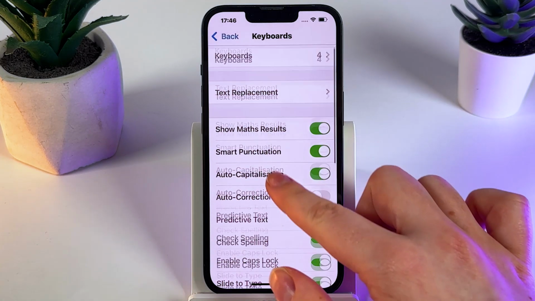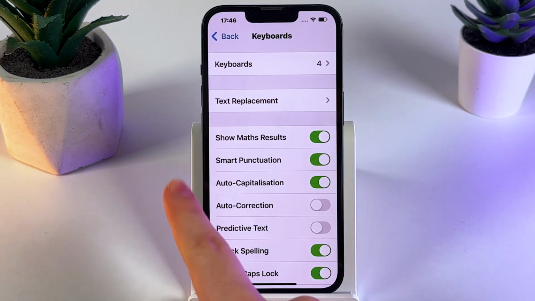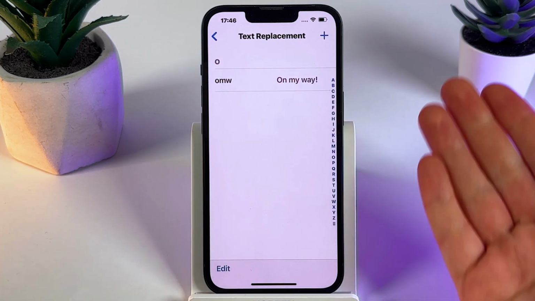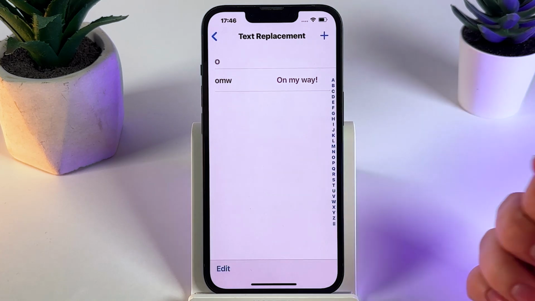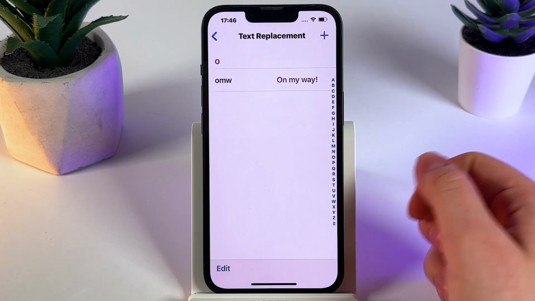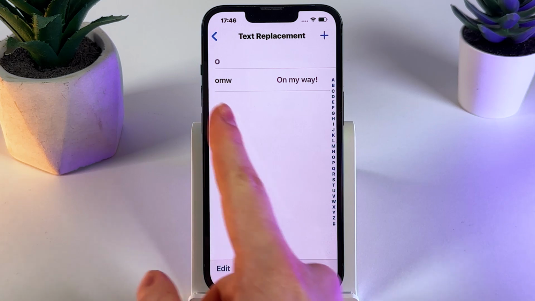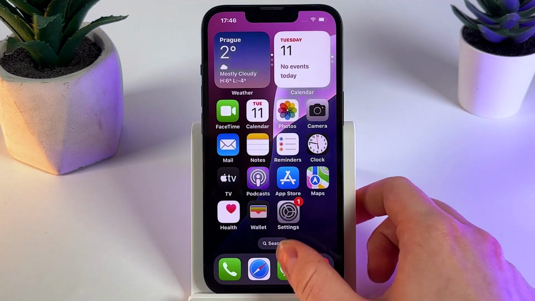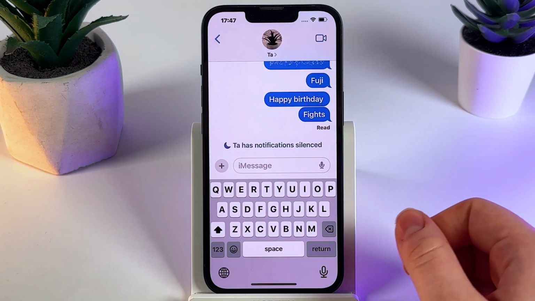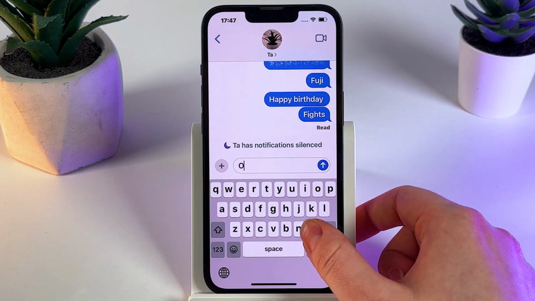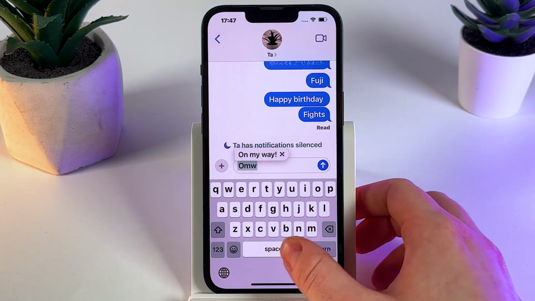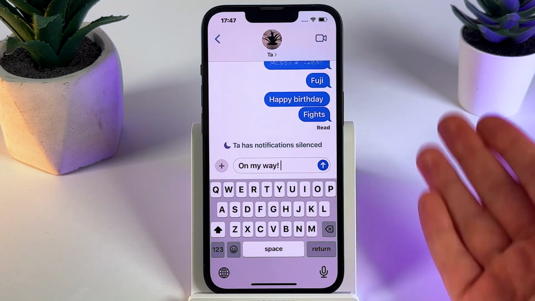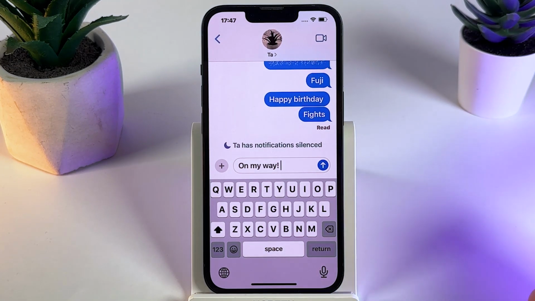For example, here in the same tab, we can find this feature which is named Text Replacement. If I open it, here you can see a really great example of a text replacement. So we got this shortcut for the words on my way, which is just OMW. Now let me show you how it works. If I open the messenger and enter OMW, I'll click on the space and it will be automatically corrected to the full phrase version, which is on